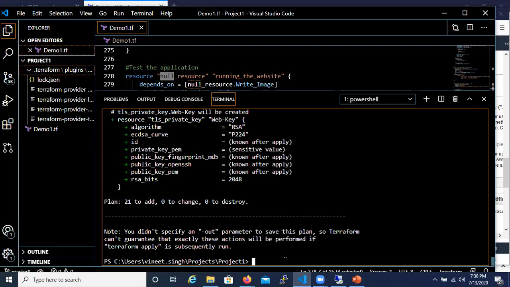With this, let's try to implement it. In order to implement it, I will use Terraform apply. Whenever I do Terraform apply, it will ask me for confirmation. Apply is a way of implementing what we have written as code.